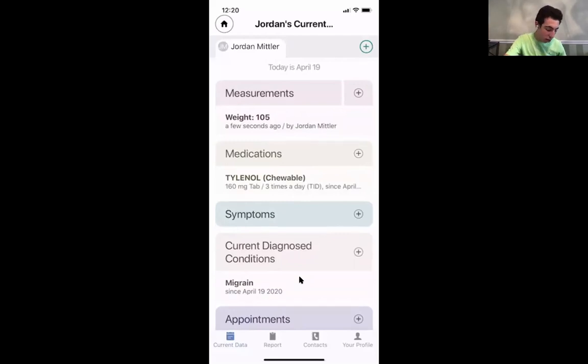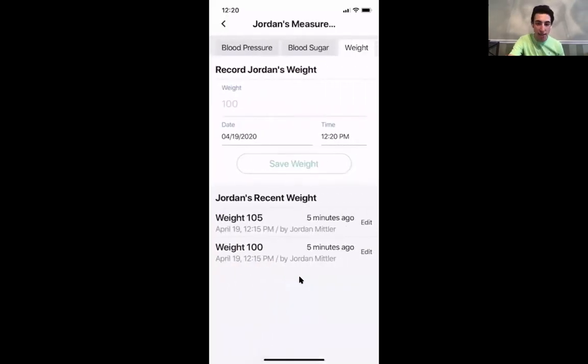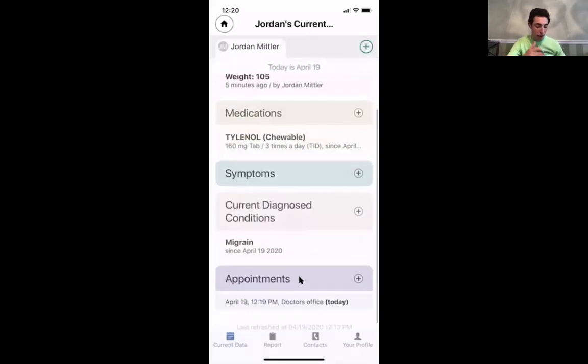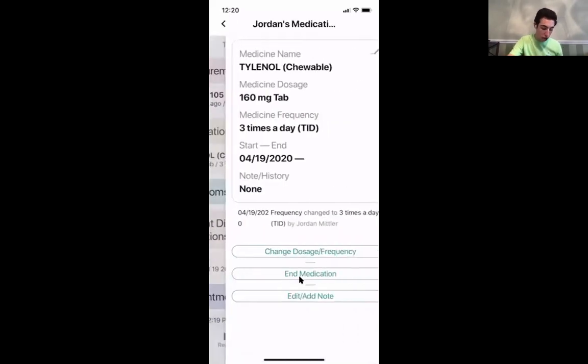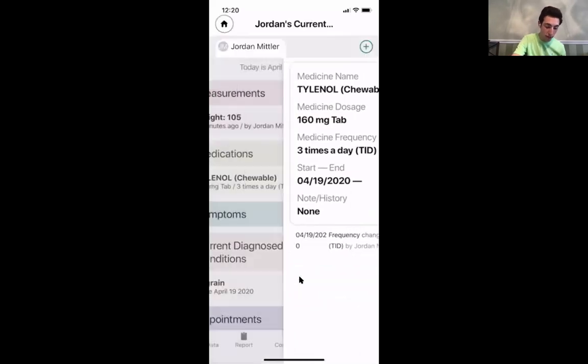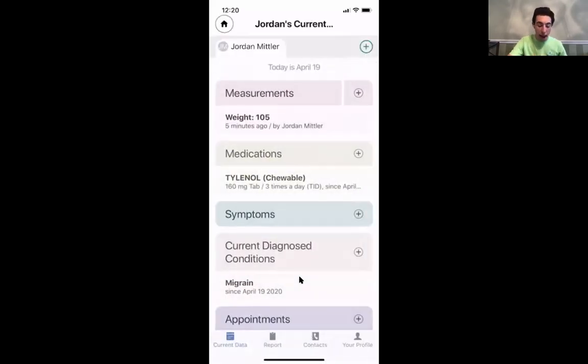And also, if you click on them to see more information regarding your past information, like if you've changed recently, like your weight has changed, or your prescription has changed, or the dosage or the frequency has been changed, it's very easy to see that on this app. Okay, so I think we pretty much covered that first slide, the current data slide.